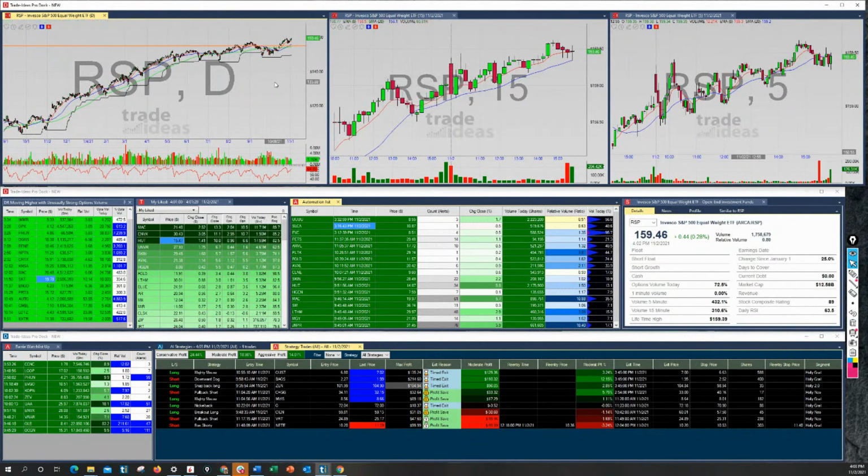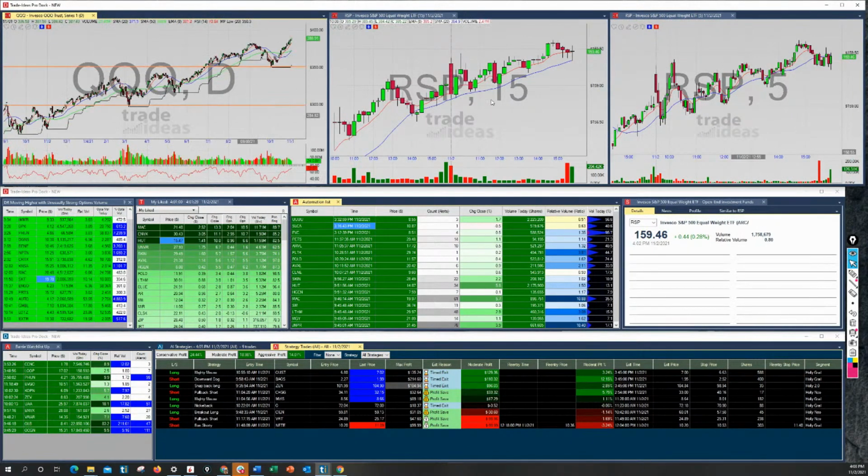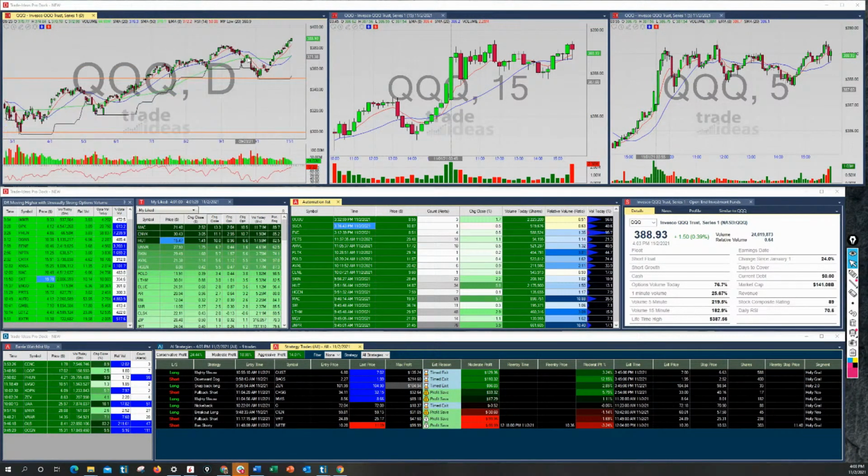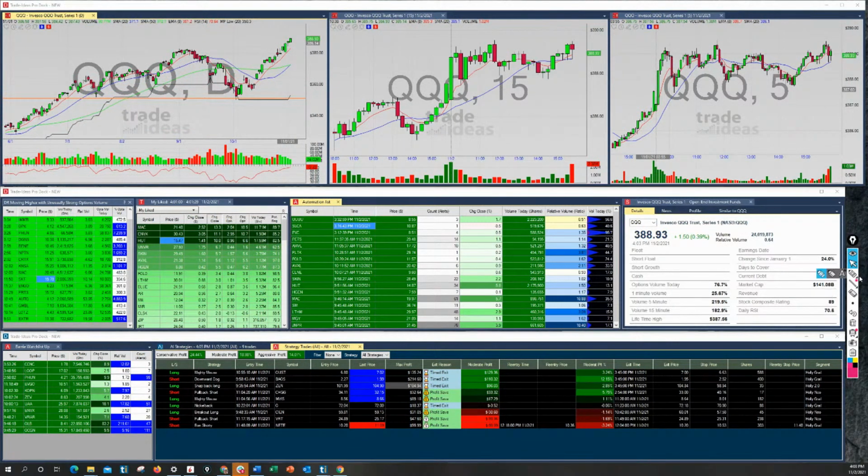The Qs, I have no idea what the Qs did today. I wouldn't be surprised by anything I saw from them, but another all-time high for the Qs again. Looking mightily strong. One of the things that I'll note for it being strong is this green line is a 50 SMA. This blue line is a 20 SMA, and that 20 is crossing the 50 on a daily, indicating some strength here. Now, does that mean we just move right up? No. We could flounder around here for a couple of days, chop sideways before we decide to make a move up. We could obviously go down, but there's no bear case to be made here whatsoever, other than markets can't go up every single day.